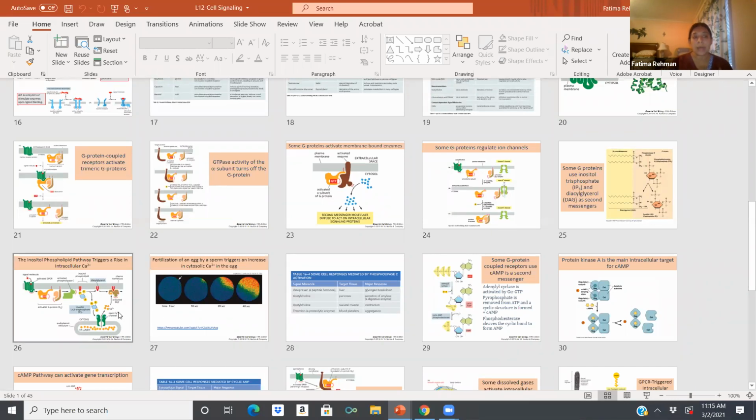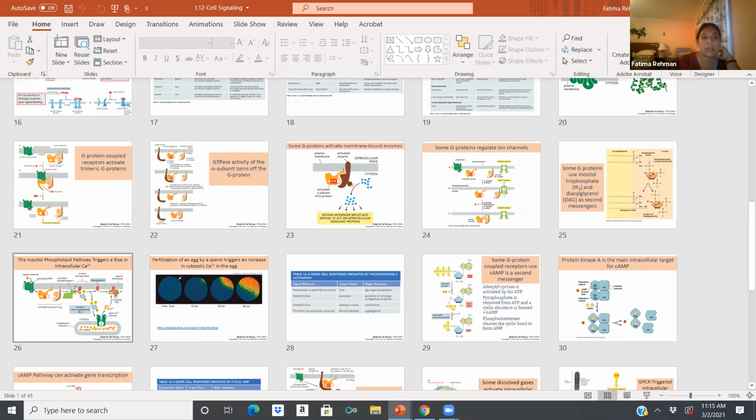And we talked about how it can do that by activating other proteins that are G proteins, and other messengers like inositol triphosphate and diacylglycerols, that can be good quick messengers for our cell